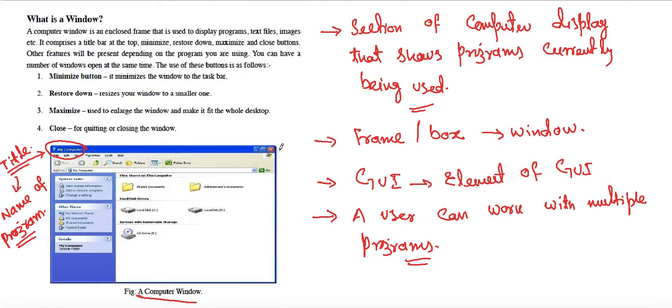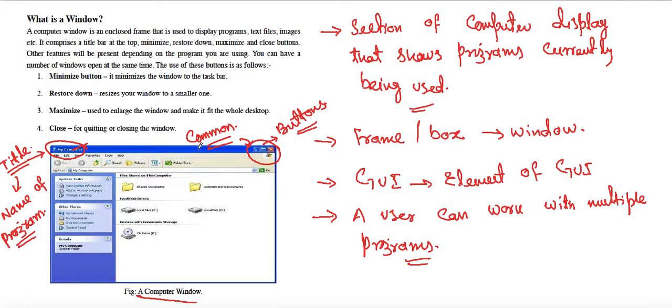On the right side of this window, we have three buttons, and these three buttons have actually four different functions. We'll see what are the jobs of these buttons. Every button has a separate job. We'll see them one by one. First, these two parts, title and buttons, are common in every window, that is why we are seeing these two parts only here.